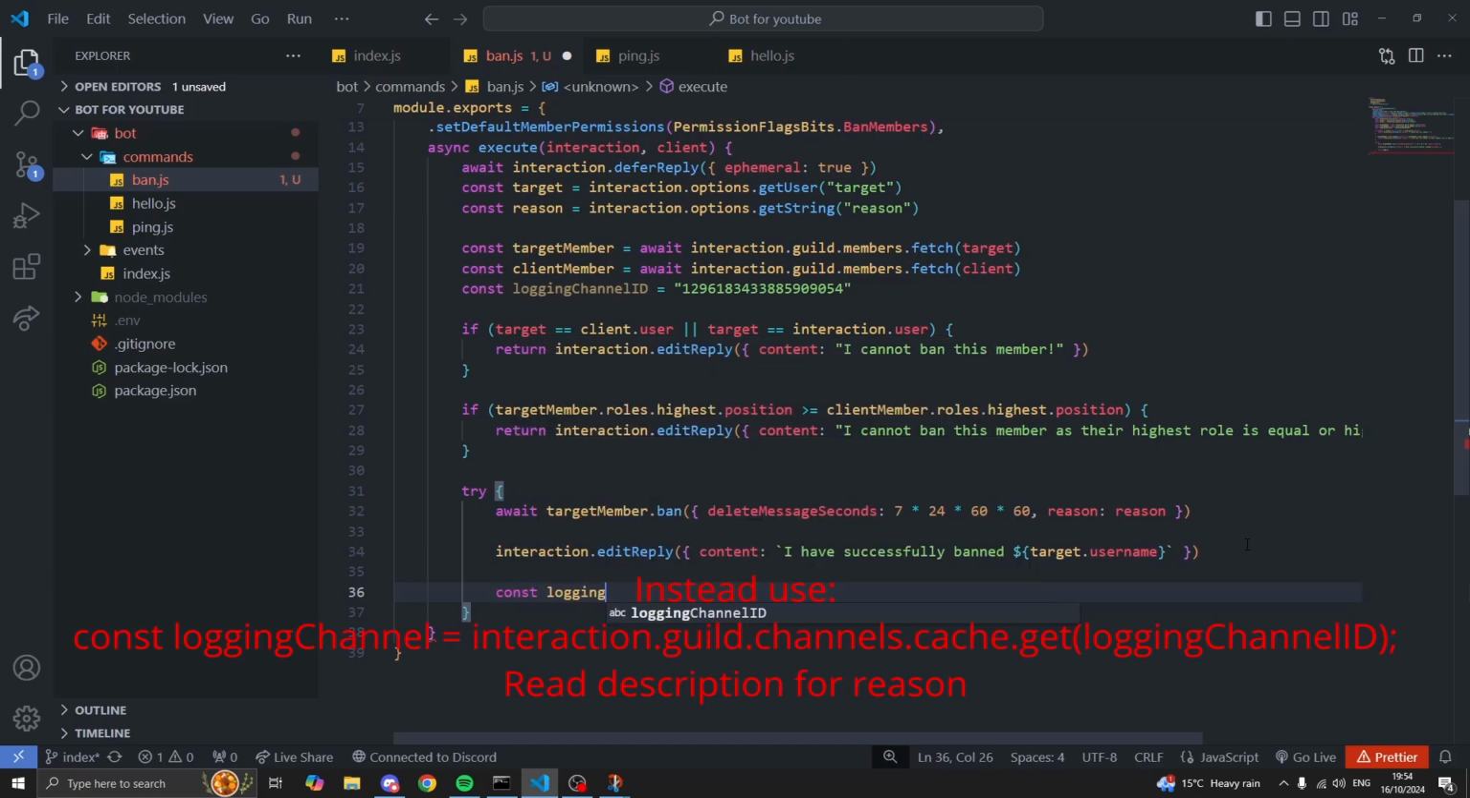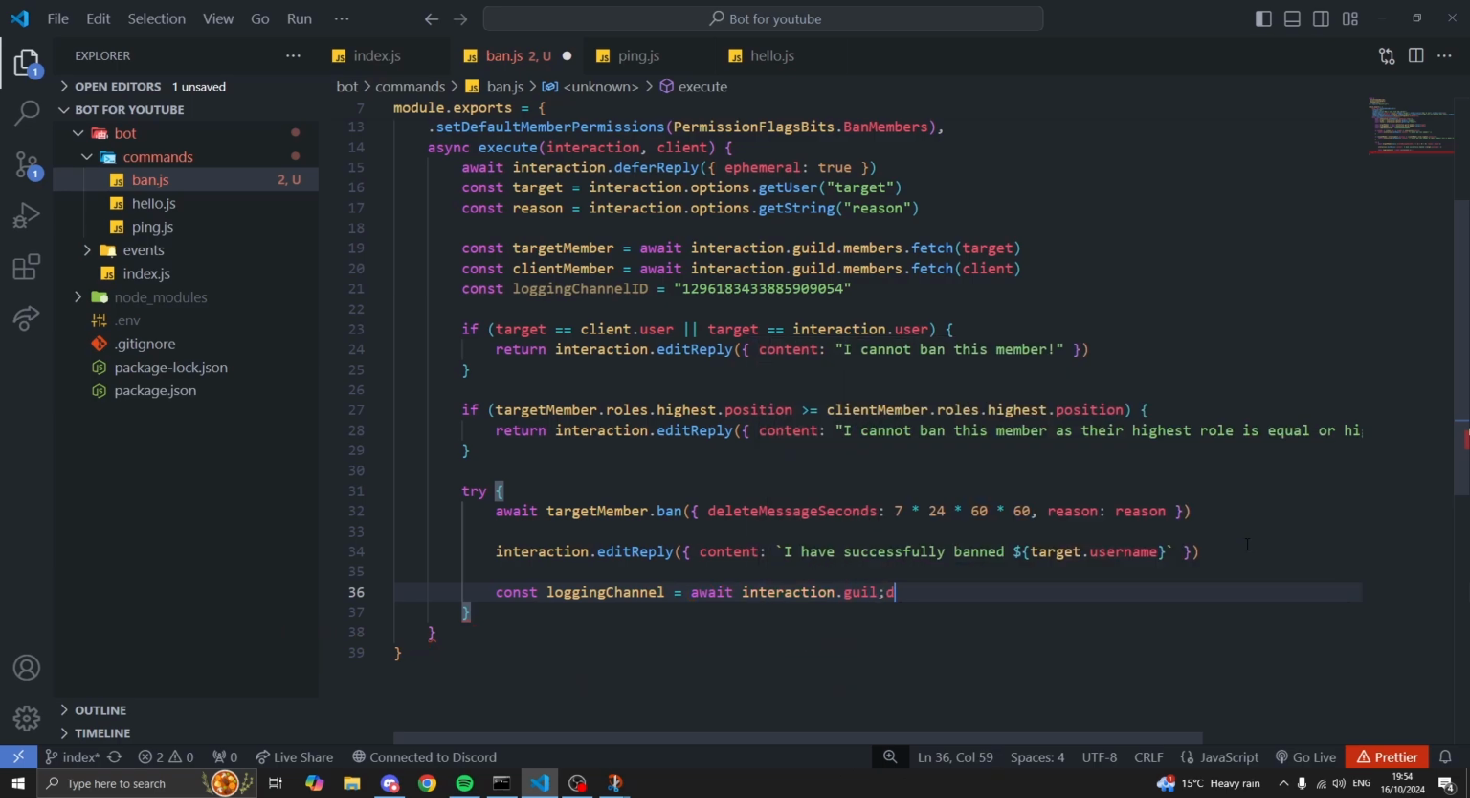So const a logging channel equals, now to get a channel we're gonna do await interaction.guild.channels.fetch. If you're wondering what fetch does, fetch essentially gets the item from Discord's API. So the difference between fetch and cache, because you get cache.get, the difference is this gets it from the bot's memory. This gets it from the Discord API, which is why this will always be legitimate unless the member is being banned or a message has been deleted and it's no longer in the API, which means you cannot fetch it. Now here we're going to put logging channel ID,